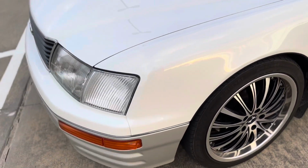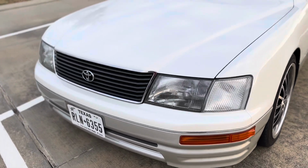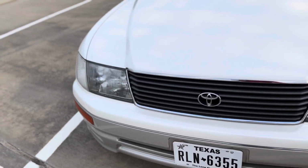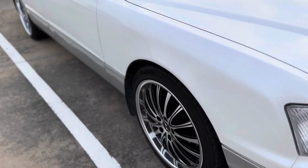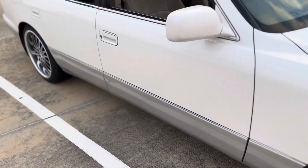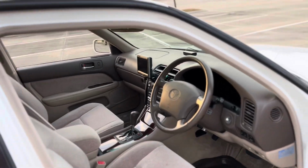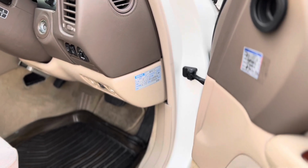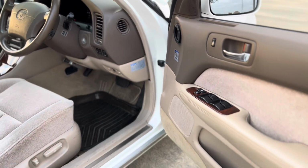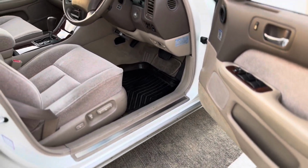And it does have HID lights. I'm not sure if they are original or aftermarket, but the original owner kept all the maintenance records. So I have all the records in the car, even the timing belt change. I also have this YJ sticker, which was recently done, and as you can see it's really nice. The only thing I could say is this one doesn't have